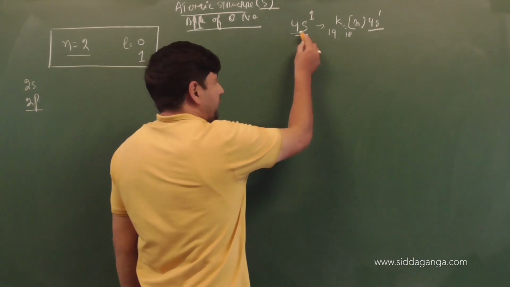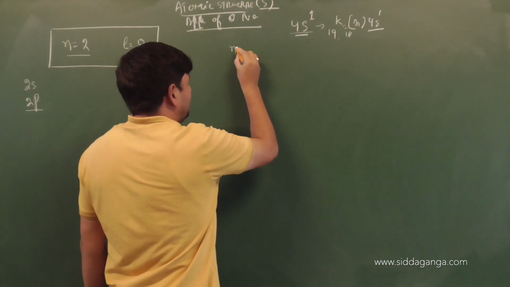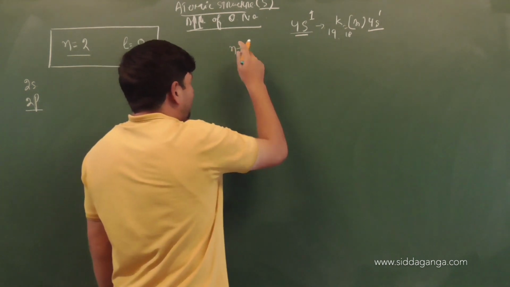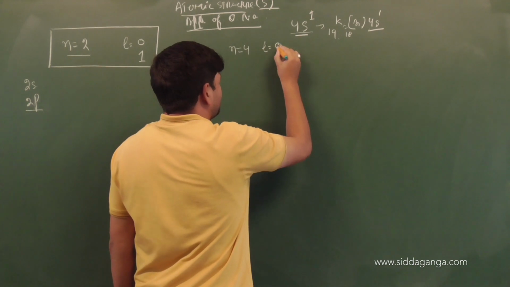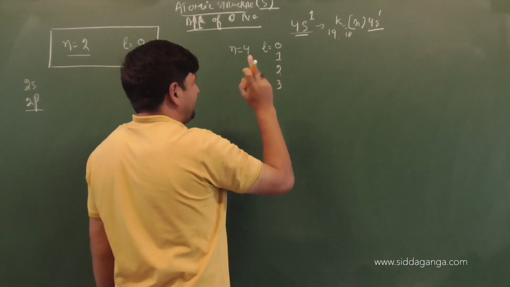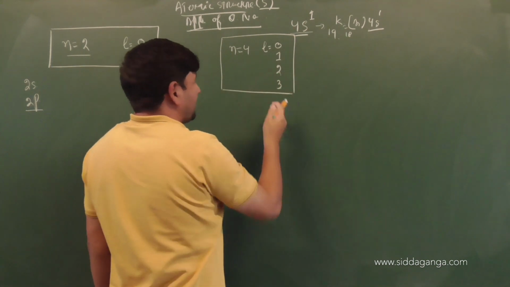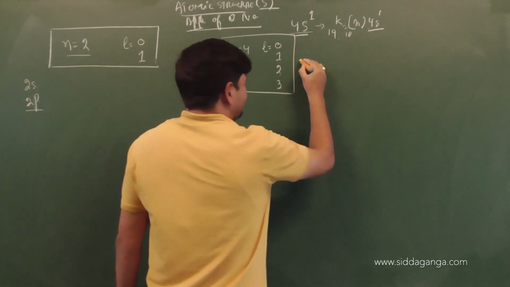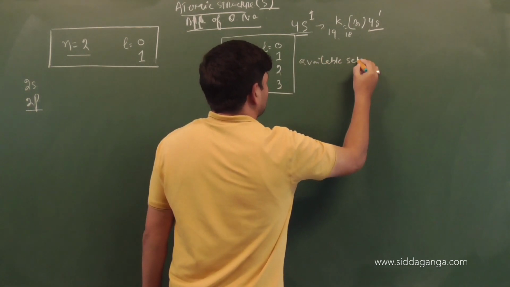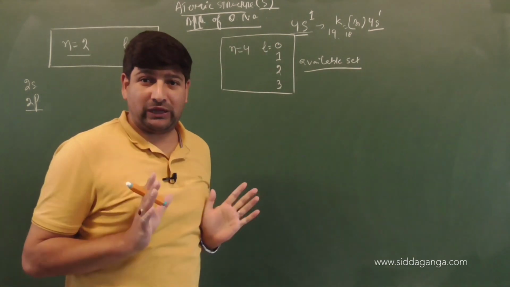So we know we have 4s1. Then according to this orbital notation we have n equal to 4. There is no doubt in this case, n value is 4. So when n value is 4, what are the values of l available? 0, 1, 2, 3. That is s, p, d and f. This set of quantum numbers which is given to you here is called the available set. So when n is 4, this is the available set of quantum numbers that you have.